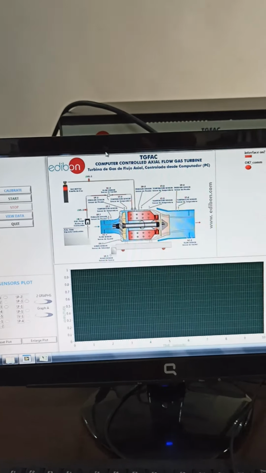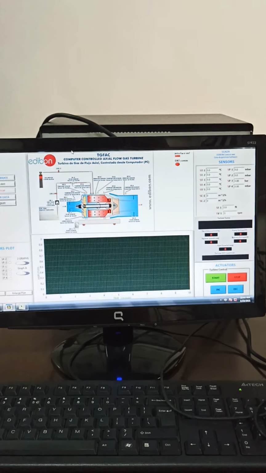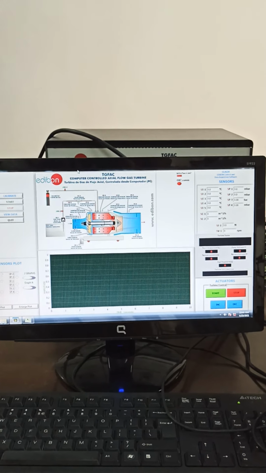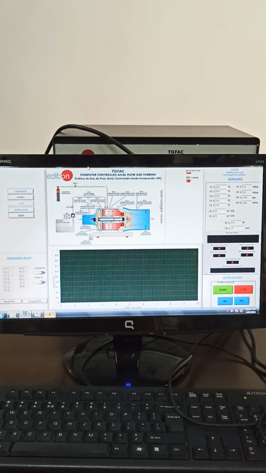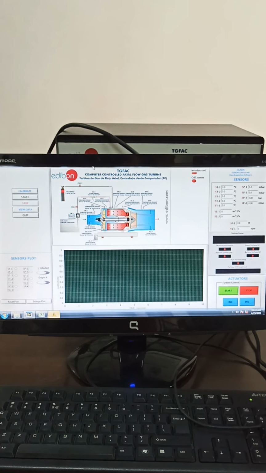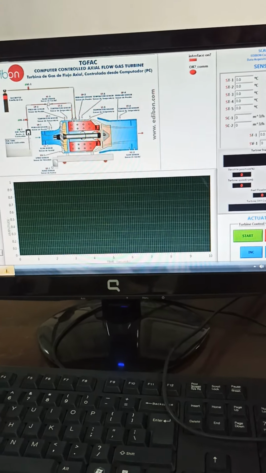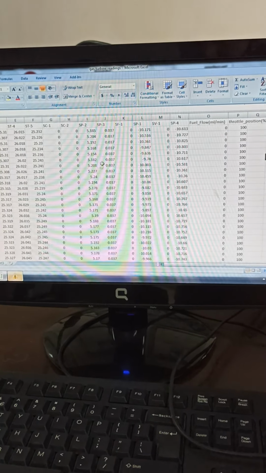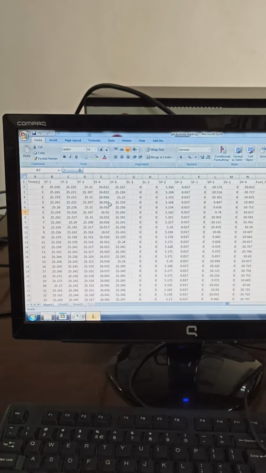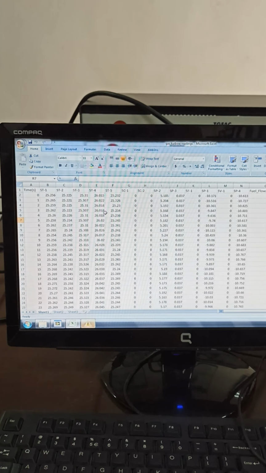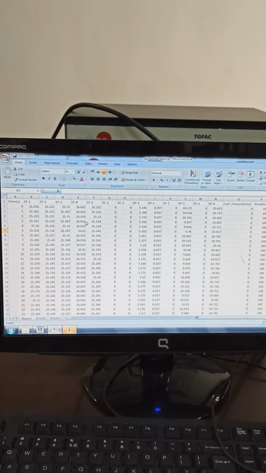This particular app saves the data in real time and generates an Excel file, utilizing which you may construct the characteristic curves of the particular setup, which is one burning cycle. Say I turn the already generated collection of data set, so you may see the various columns which are for time, ST1, ST2, 3, 4, 5, which are the standard temperatures.